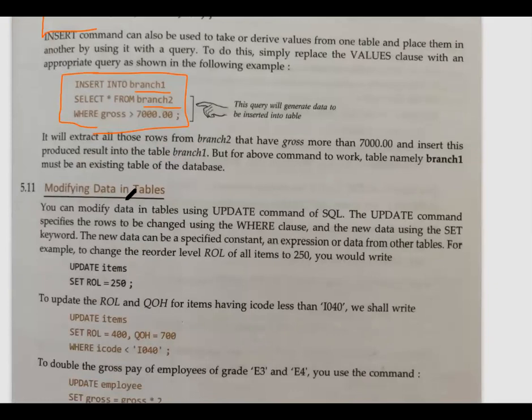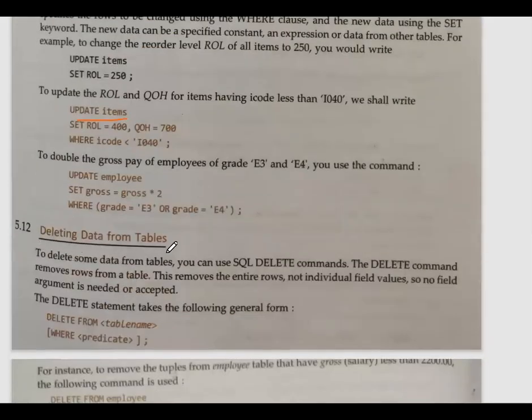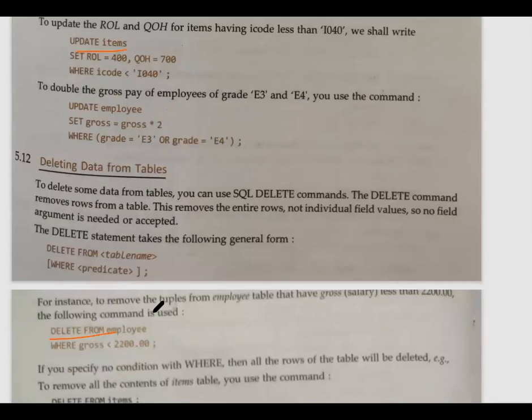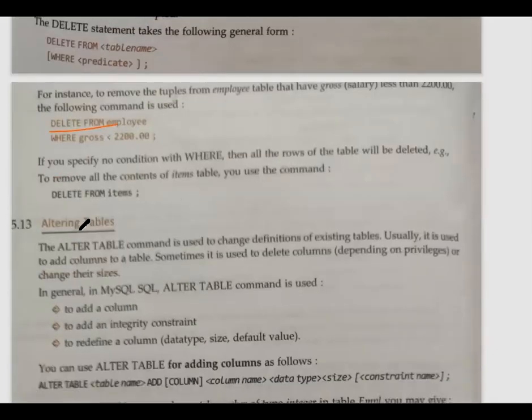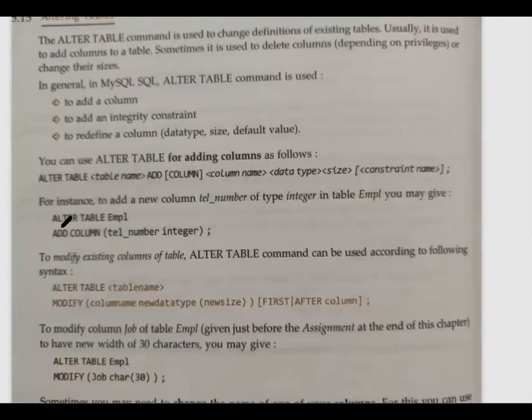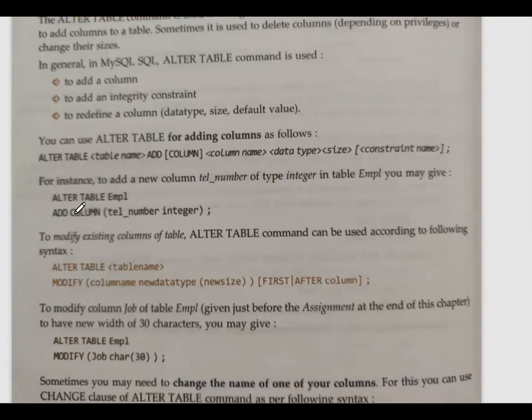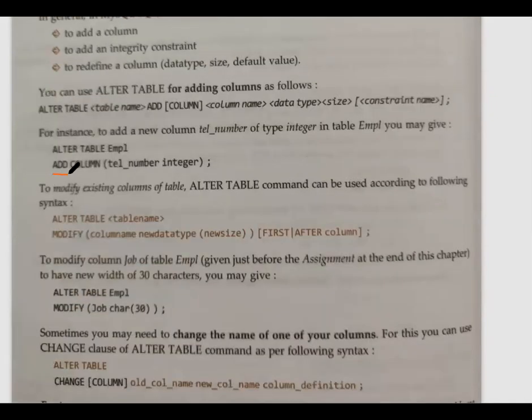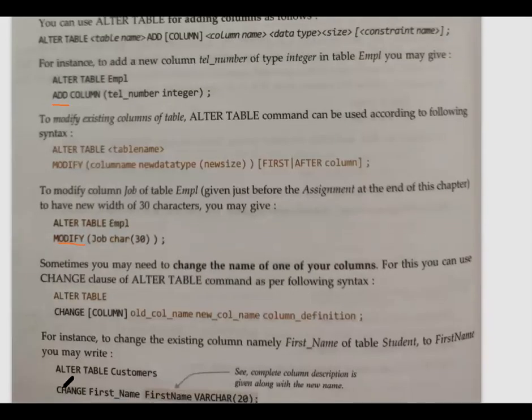Then next we are having modifying data in tables. We have already discussed how to use update commands. Okay, this we have done. Then deleting data from the table. This is also we have done. Delete data from employee. This was also done. Alter also I suppose we have discussed. Alter we have done or not done? I think in the previous class we have already discussed, right? But still I'll show you a few alter commands here also. See, if you wanted to use alter, you can use first is add, second is modify, and third is change. Third is change. These are the three things you can do.